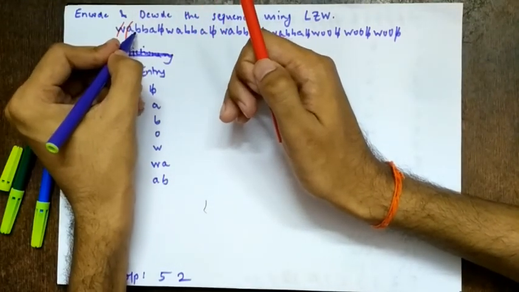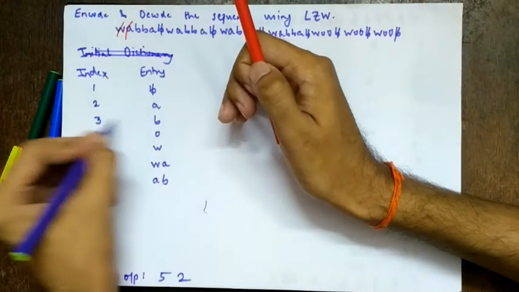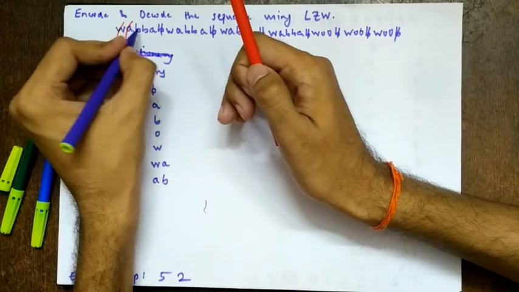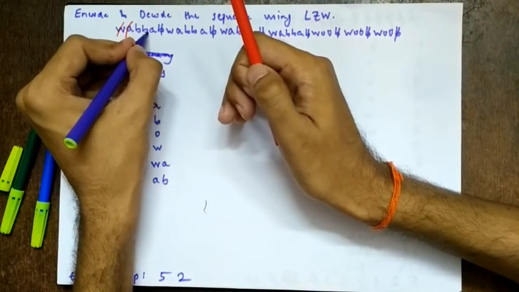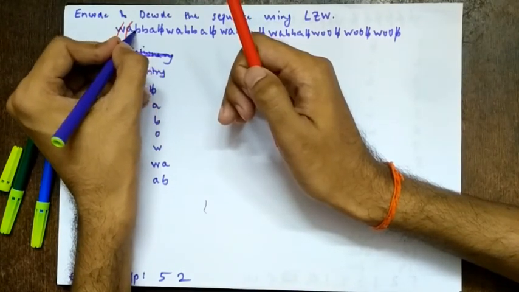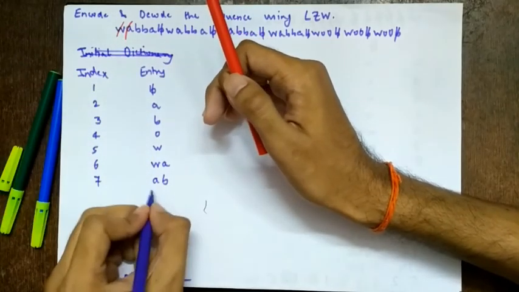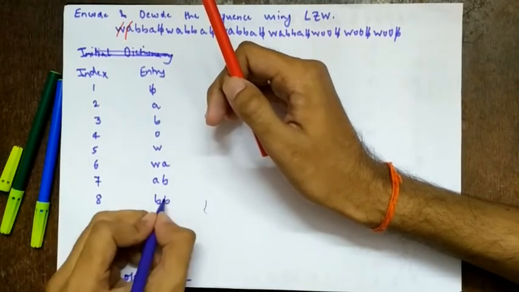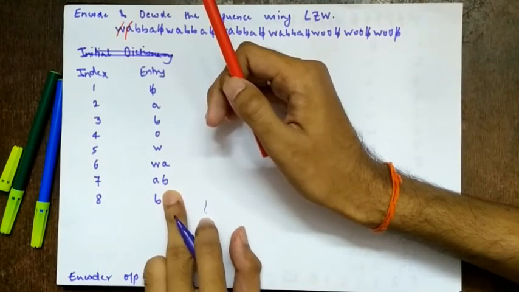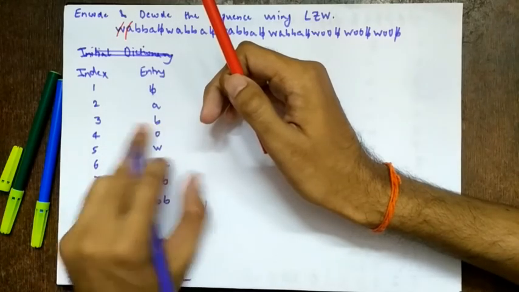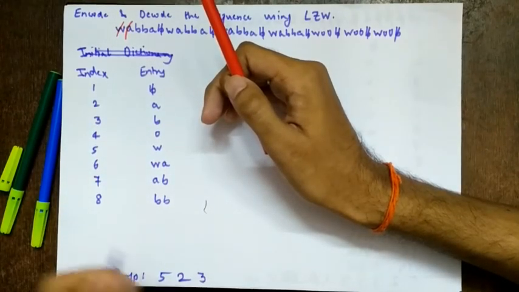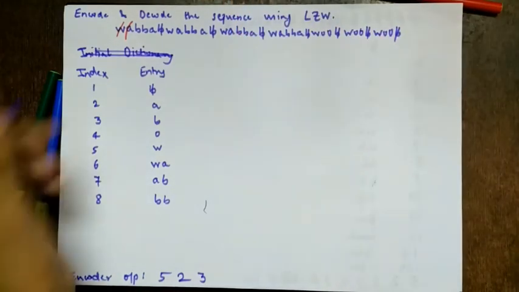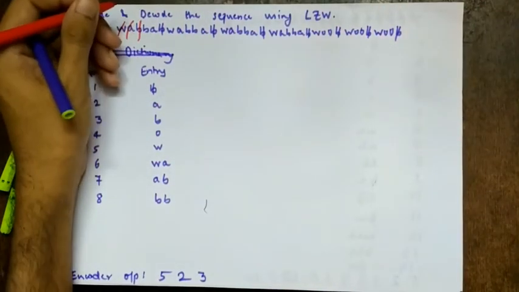Then we come across B. We check, B is already in the dictionary. Is there a need to write a new entry for this? No. Again, we avoid duplication. So we concatenate the next alphabet. Coincidentally, it is B, so BB. Is BB in the dictionary? No. So we make a new entry BB, and the corresponding index is 8. Right? So skip the last alphabet. What is remaining? Only B. What is the index corresponding to B? 3. So we encode it as 3. Then we proceed further and scratch B because we have encoded it.